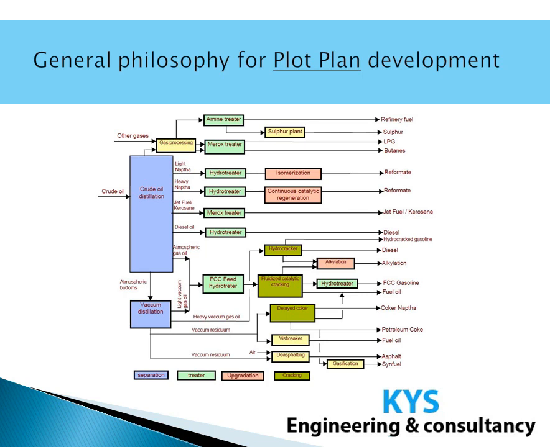So these are different units, which are highlighted in different colors, different blocks. These are actually process units. While locating the process units, we have to follow the process flow sequence so that we can minimize the hydraulic losses that we discussed, and also less material will be used and the plant will be safe. We'll also use less plot area if we follow the process flow sequence while locating the different units.